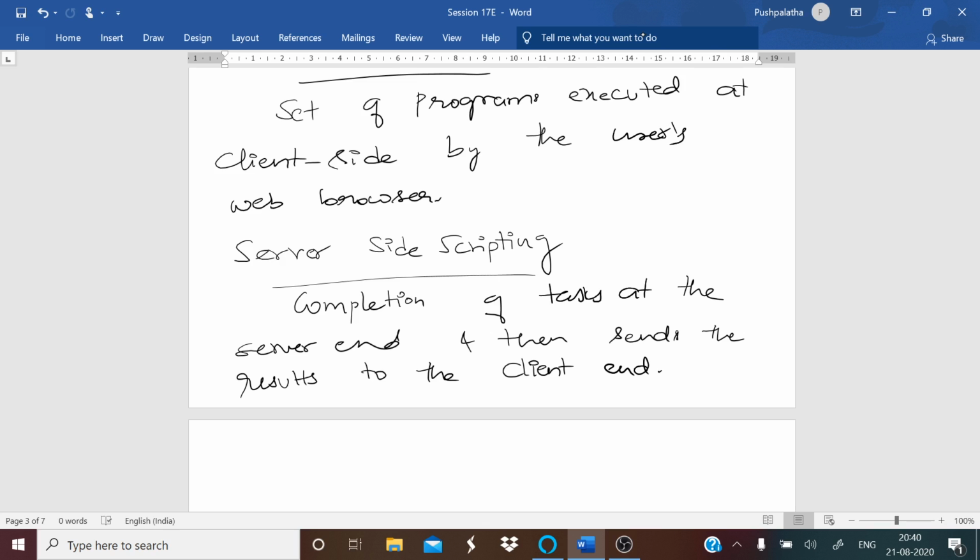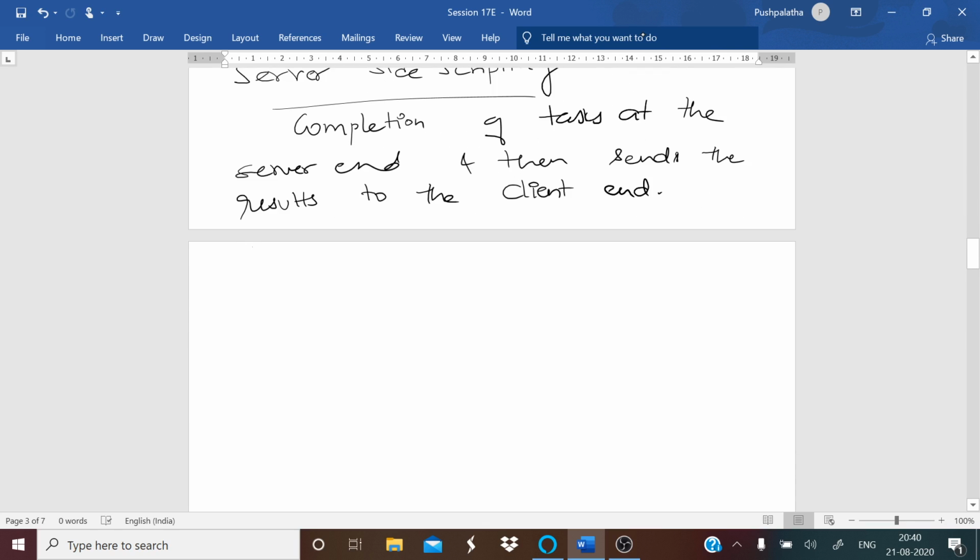Okay, and the next term that we are using is your hosting or web hosting. This means that you are designing the website for the individual organizations.